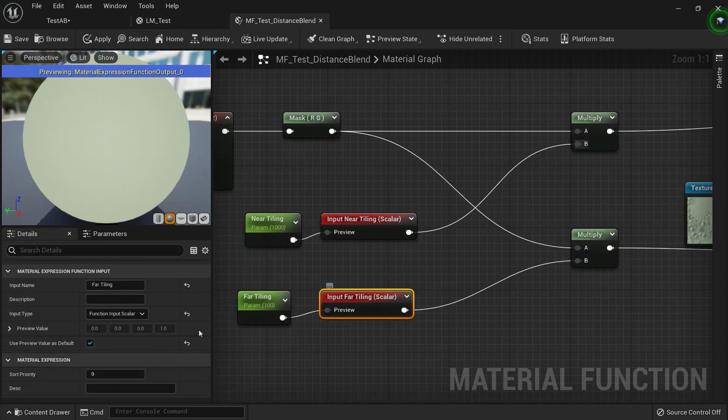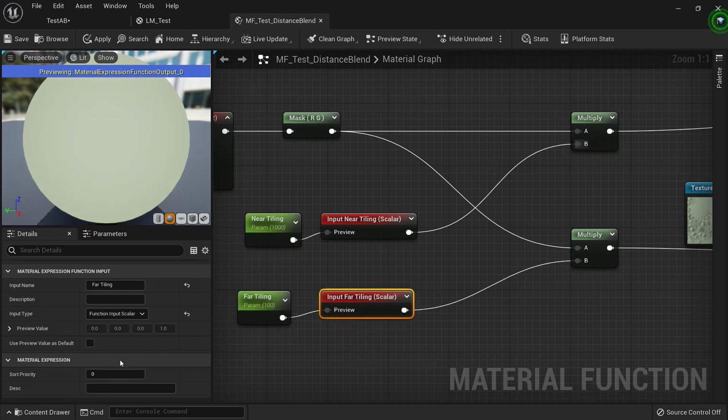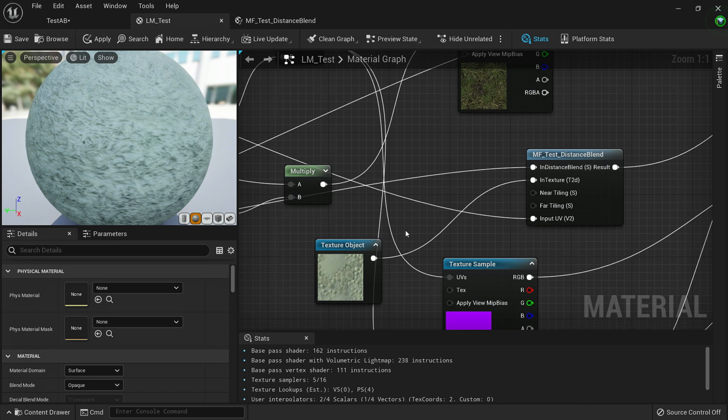For the tiling, if we undo it, we'll see that we get an error saying that these two need input. But if we are using the preview value as the default value, we don't necessarily need to supply those values. We'll be using those values as the default and the error should go away.